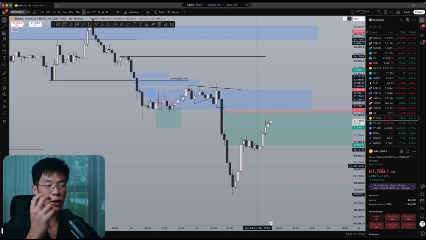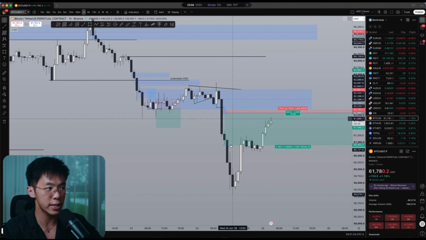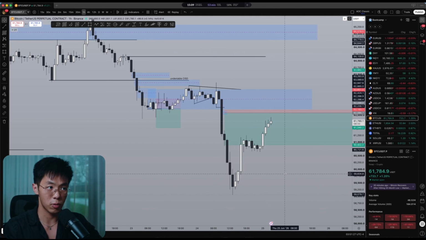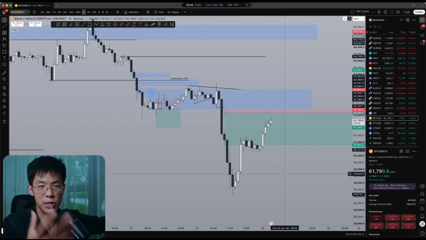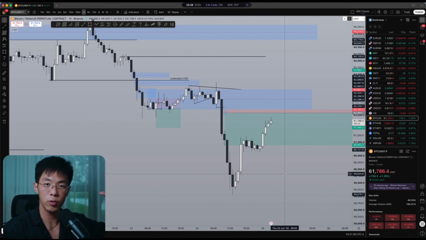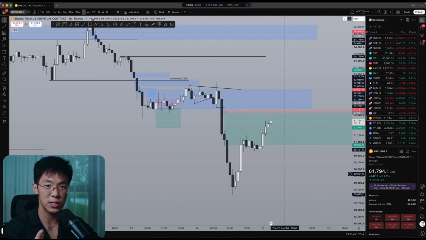For example, if you have no news, nobody's going to be looking at the market and expecting it to move. But when you have something like the PCE price index, quite a lot of big players and other players are going to be looking at the market at that time. They're going to be like, okay, we have big news today. I think something's going to happen around that time. Now, I may not know if price is going to go up or down, but I do know that something's going to happen there. And when everyone's attention is on the markets, that's when you get these big explosive moves.